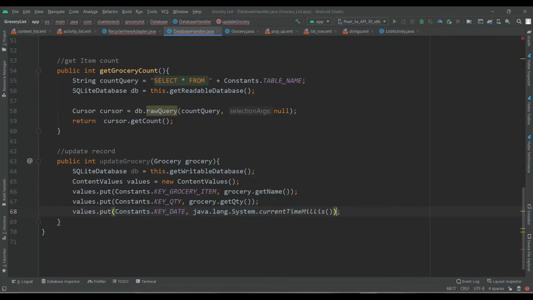So here we will take the system time, the date and time. Okay, and now let's return this value.